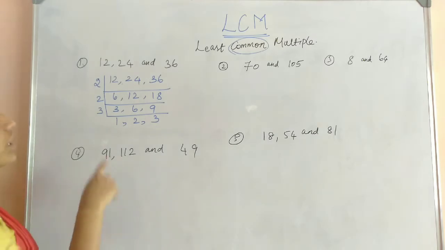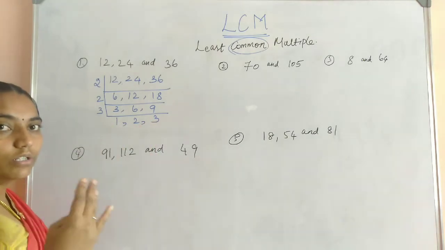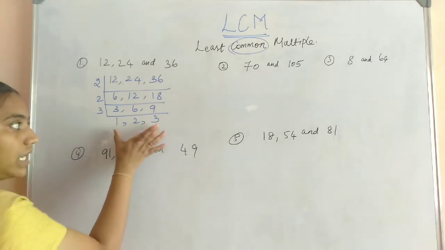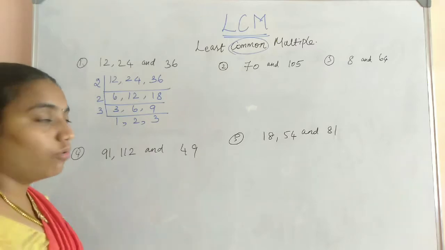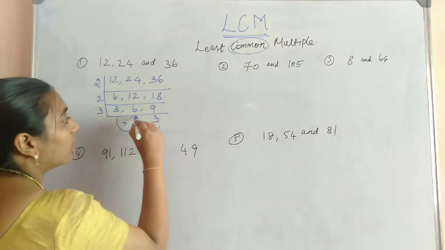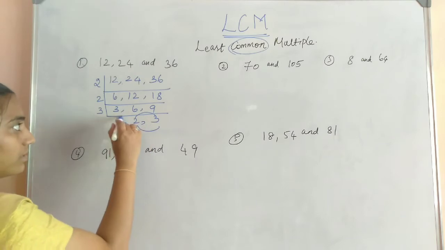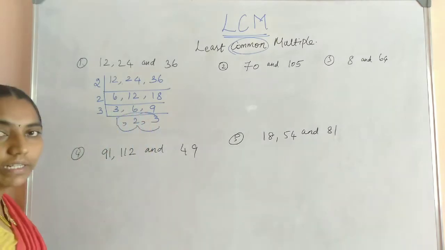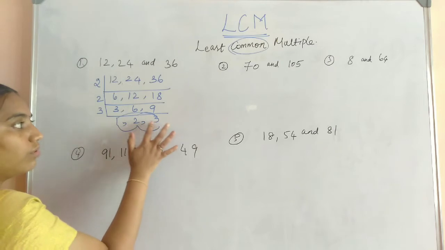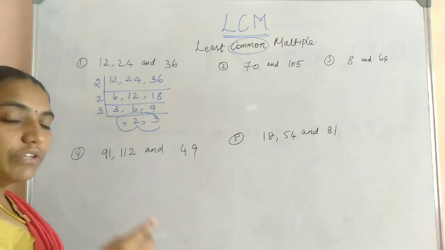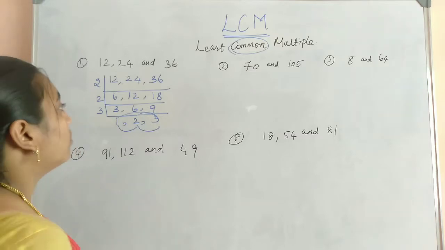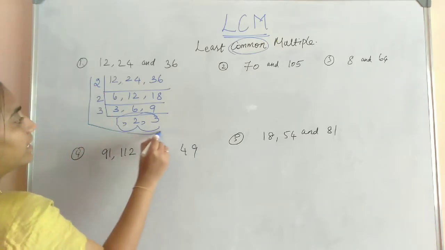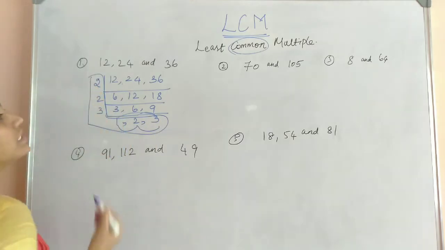Okay, again we have to check whether all 3 have a common factor. 1, 2, 3, no. Now all 3 numbers don't have a common factor. Again we check any 2, maybe this 2 or this 2 or this 2. Any 2 having a common factor? 1 and 2 no, 2 and 3 no, 3 and 1 also no. First you have to check all 3. If that is not possible, check any 2. If that also is not possible, you should multiply these outer side numbers. You should multiply these numbers. It is called the LCM of the given question.